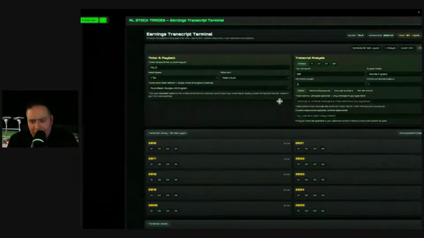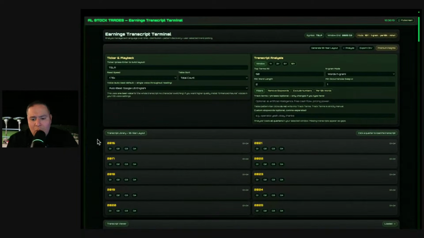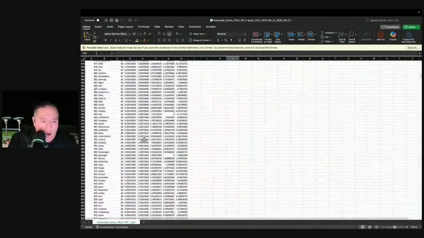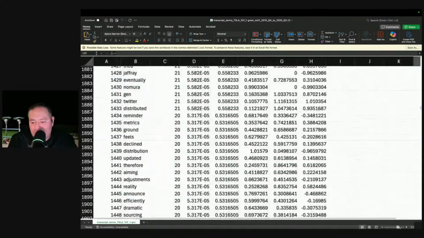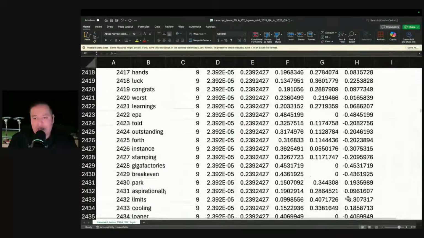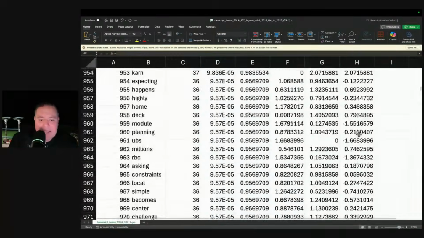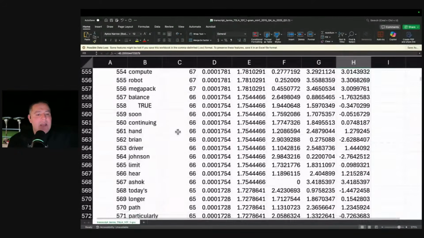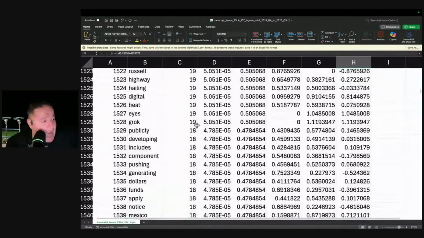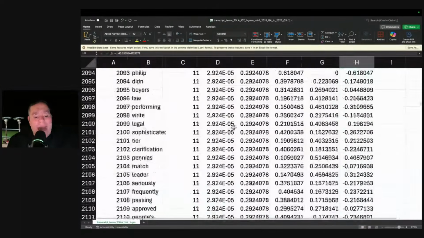Now, if we go to the terminal here, we have 376,000 tokens. So if we were to go all the way down here, look how much we're scrolling. Let me zoom in so you can see the mathematical analysis that's happening right now. Let me scroll all the way up so you can see the analysis, right? Let's keep scrolling down. This is just one stock, one ticker. How many outputs is that?